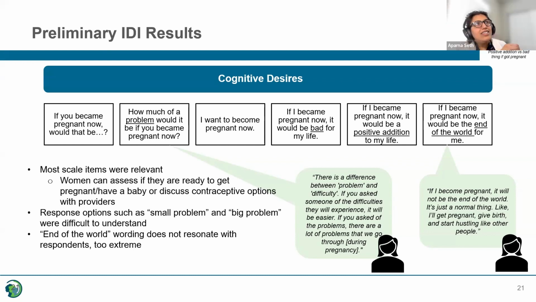Yeah. I think in our case, even that middle is very, very important, because for us, those are the people who are not sure and who have not made any plans. Really, for instance, how much of a problem would it be? I don't know, I am not sure. So even for this case specifically, that middle is critical. Even the question you had about the mixed positive and mixed negative feelings, trying to capture both of them. But then again, there was some feedback that they didn't understand that.